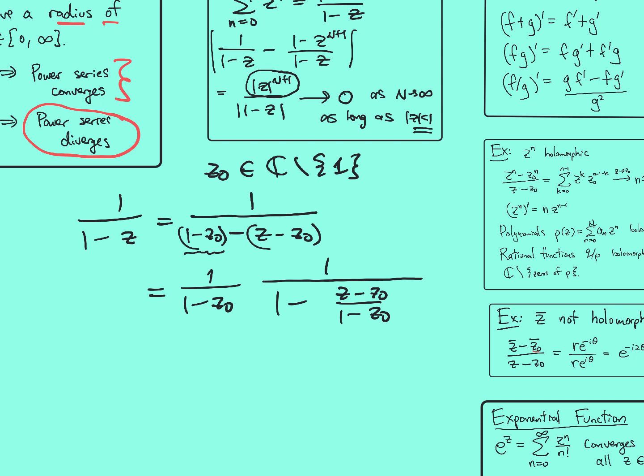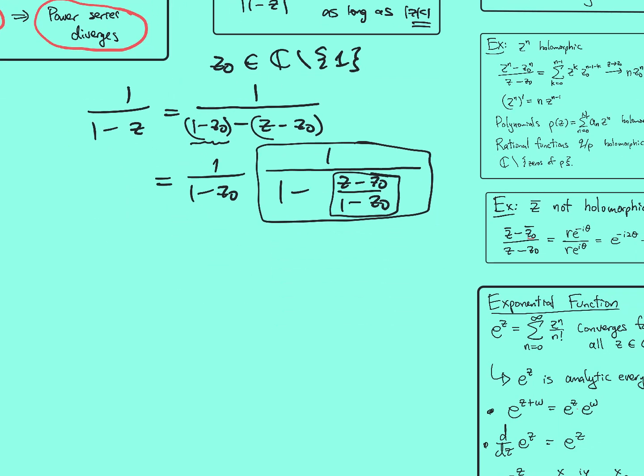And now we can use the fact that we've just proven that this here is 1 over 1 minus something, and then it'll be equal to a certain series as long as the something is less than 1 in modulus. So we get the following, which, we need conditions here, which I'll state once I know what they are, but this will be equal to